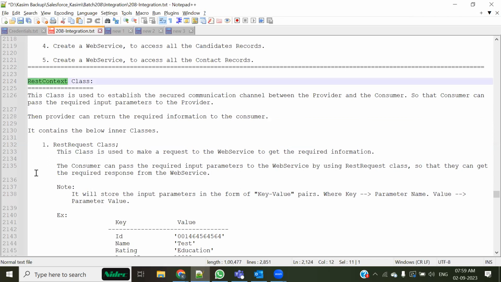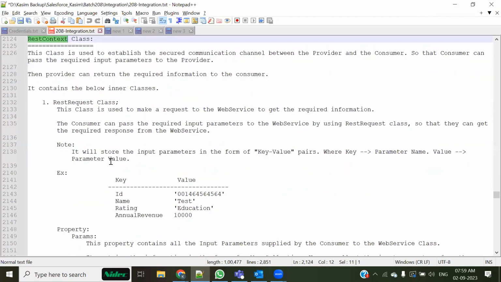We are doing this whole integration by using a technology called REST. We are not using SOAP. Representational State Transfer protocol, that is what we are using, right? So that is what the name of this class indicates. So by the use of the REST context class,